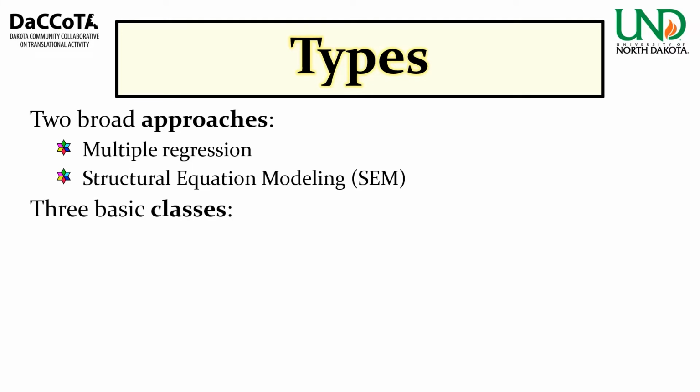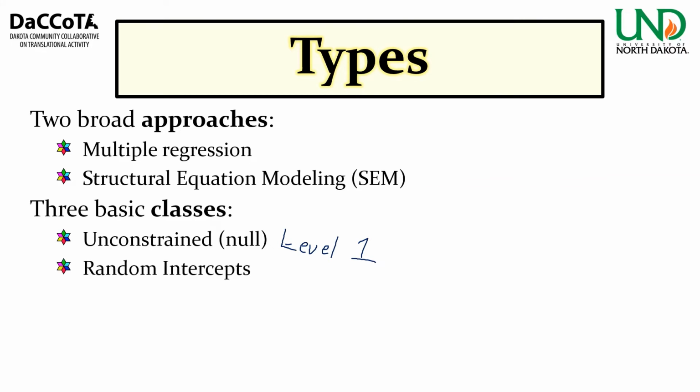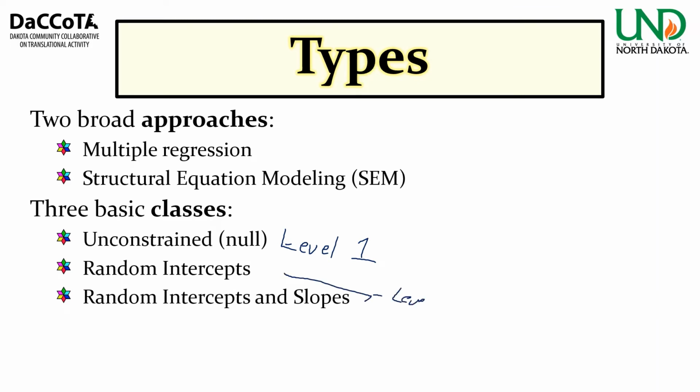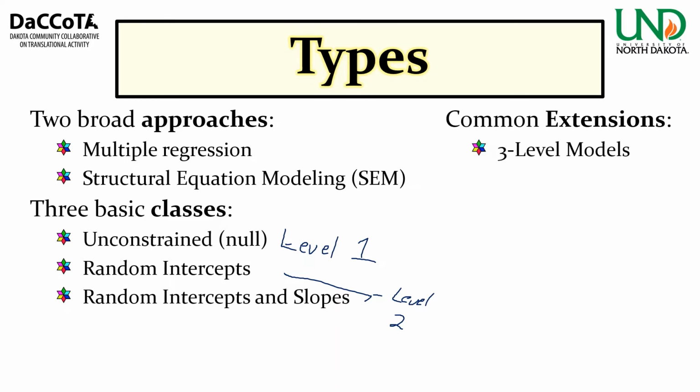Within multiple regression, there are three basic classes. First is unconstrained or null. It's really the same as a standard regression or ANOVA that could be labeled as, if we really wanted to, level 1. Then there are random intercepts and random intercepts and slopes, and these both would be considered level 2. Beyond the basics, models can be extended to 3-level models and beyond if you have a feverish and